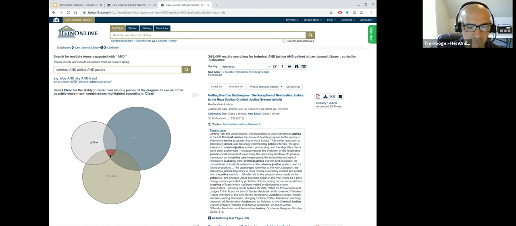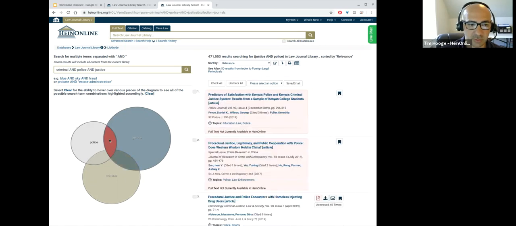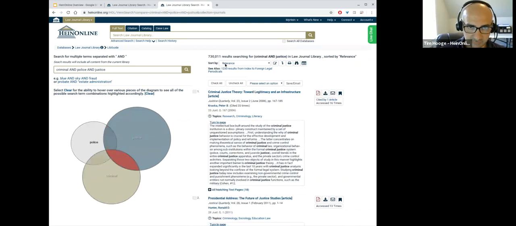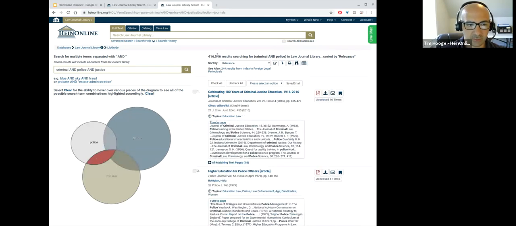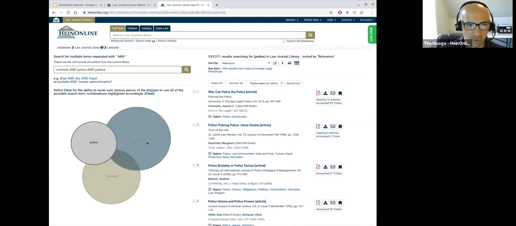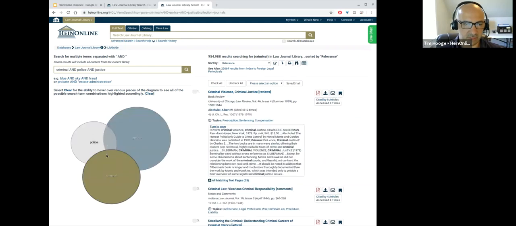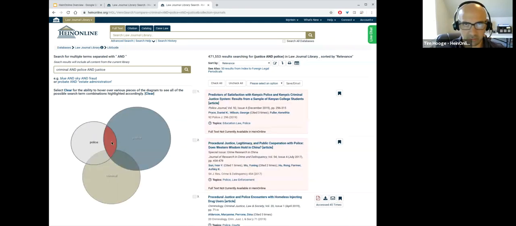This red highlighted area. If we want to see just police and justice, we can click that. It's going to automatically change to show 471,000 results. Criminal and justice, 730 results, police, criminal, and so on. And we can see all the different data set sizes and how they relate to one another within the greater HeinOnline set of data.